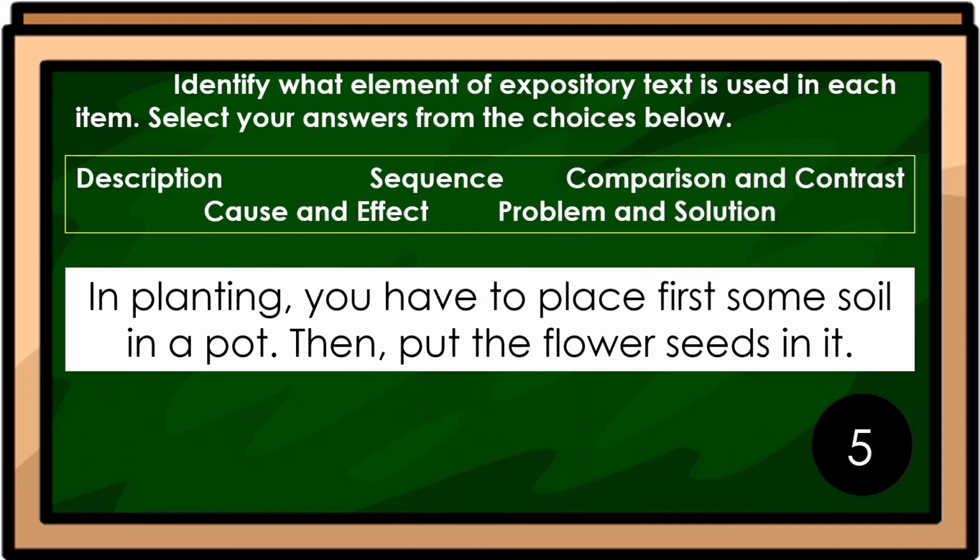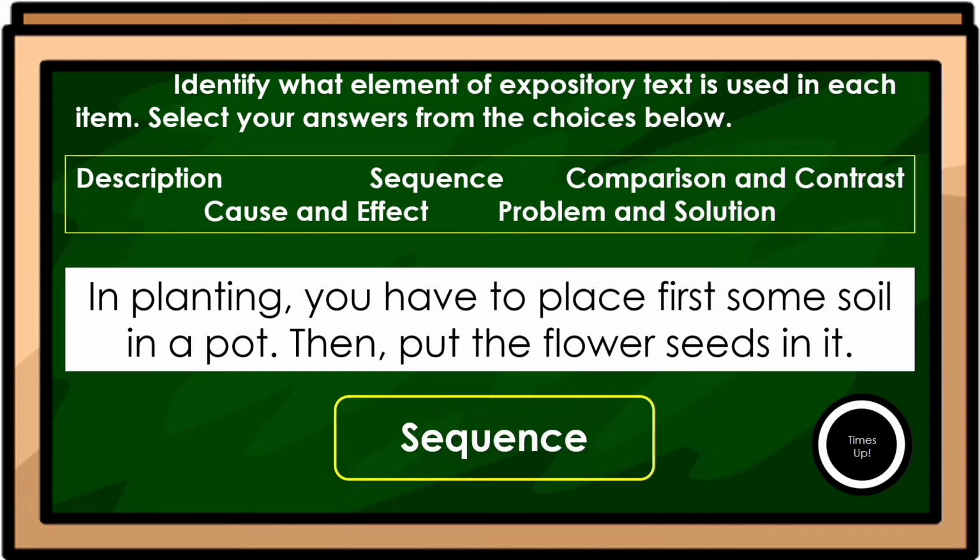In planting, you have to place first some soil in a pot. Then, put the flower seeds in it. What is your answer? If your answer is sequence, then you are correct. It presents the events in planting that you need to put some soil first. There is the clue word first there, and then put the flower seeds in it. So that is a sequence. Next,